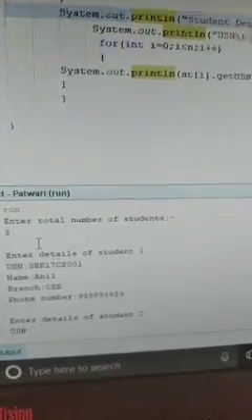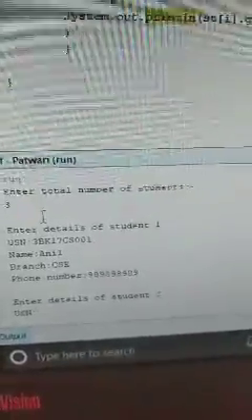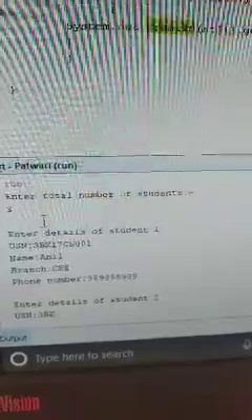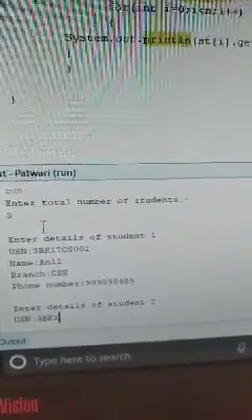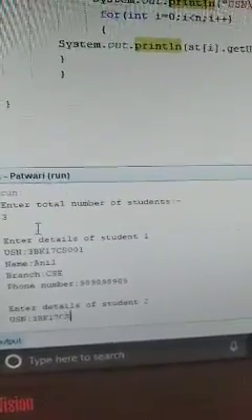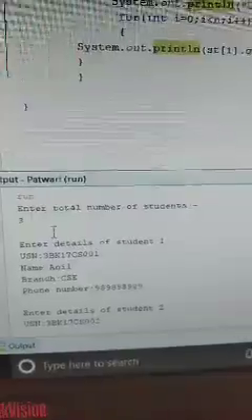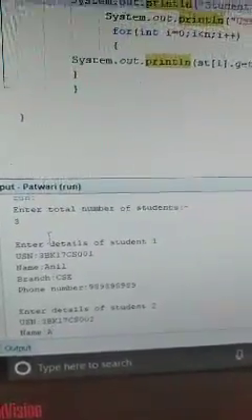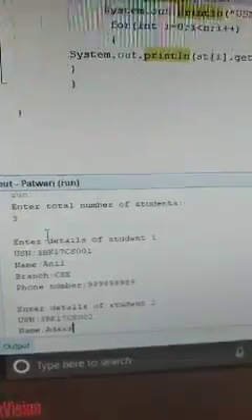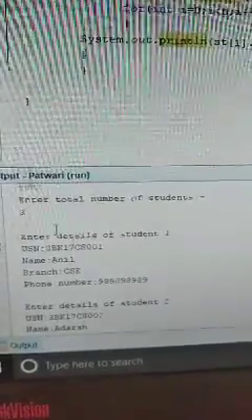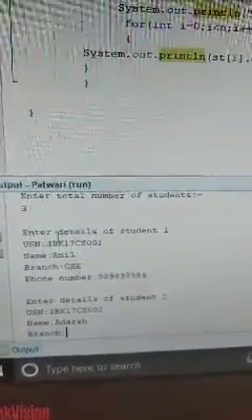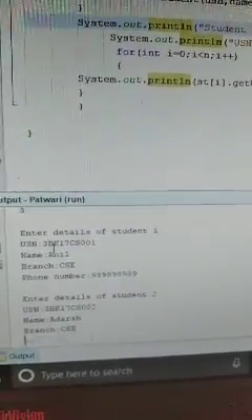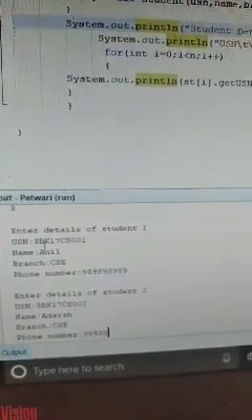Next, second record: enter the details of student 2, 1BK17CS002, then name, branch, phone number.